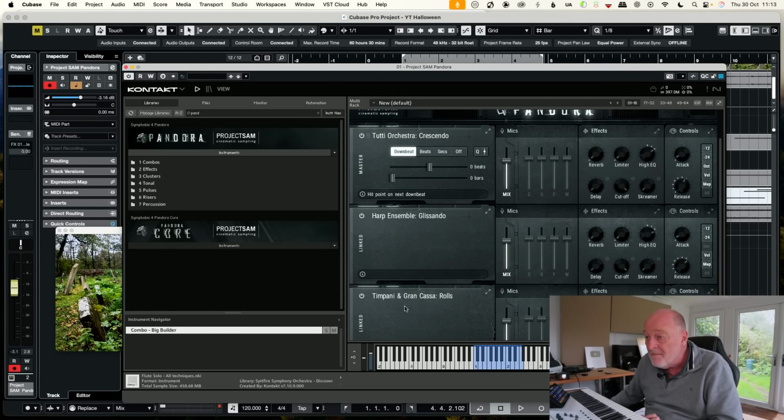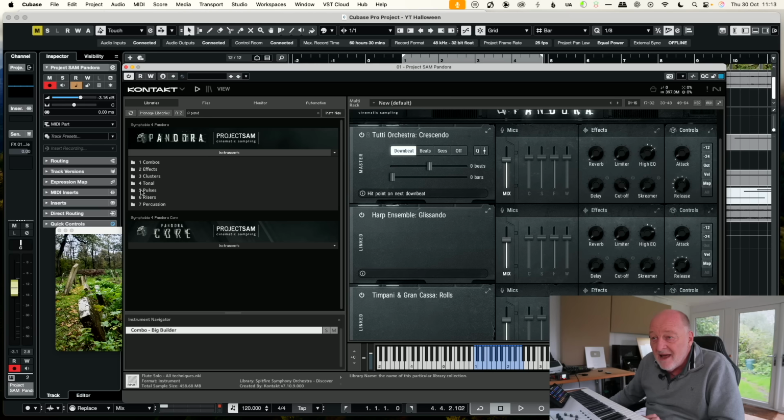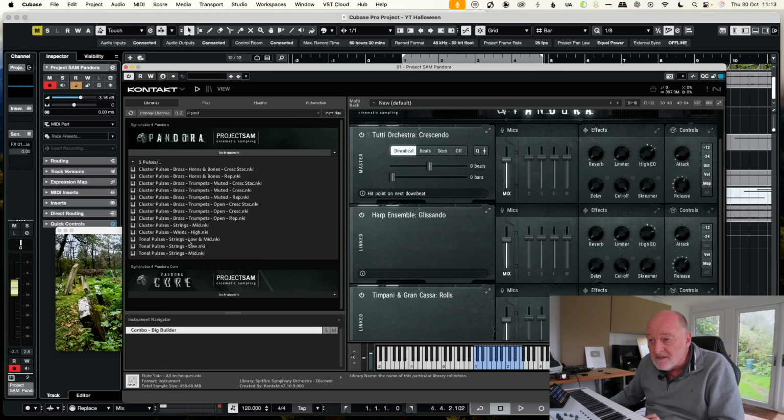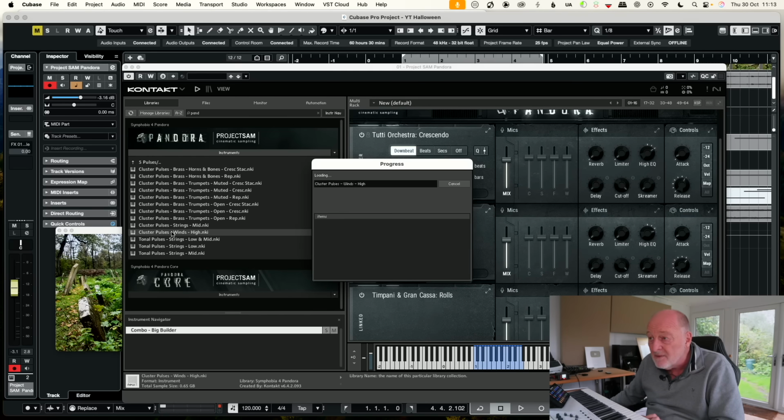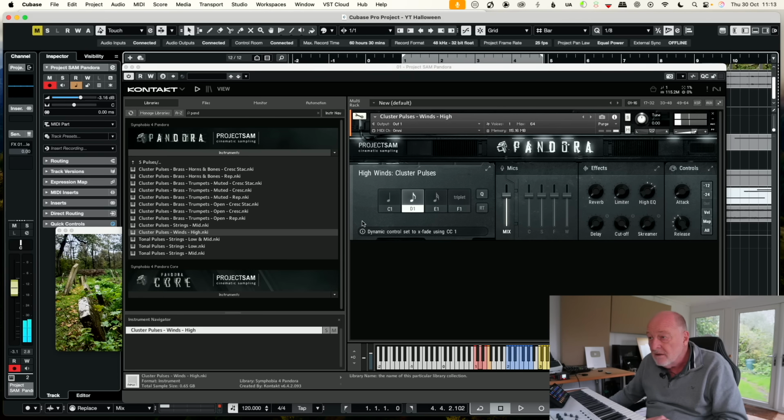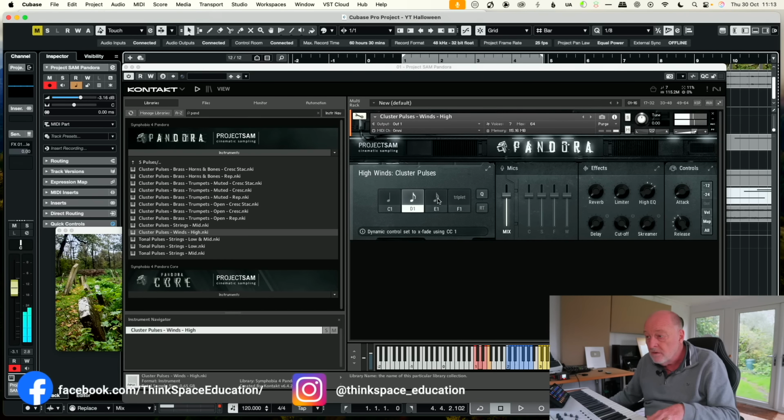You can have, these combos are a sort of layer of 3, for example. Let's have some pulses. Let's go and see what the pulses have got to do. Pulses, brass trumpets, strings, winds, high winds. Let's see what high winds has got going for it. Okay, here we go. So look, what you can do,